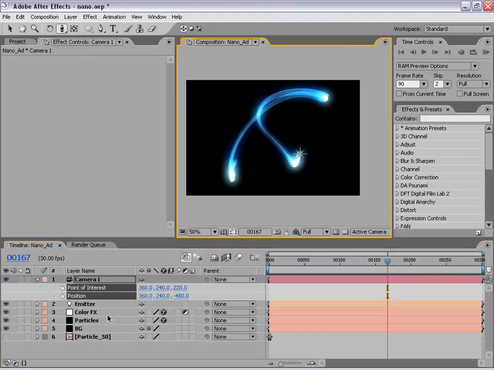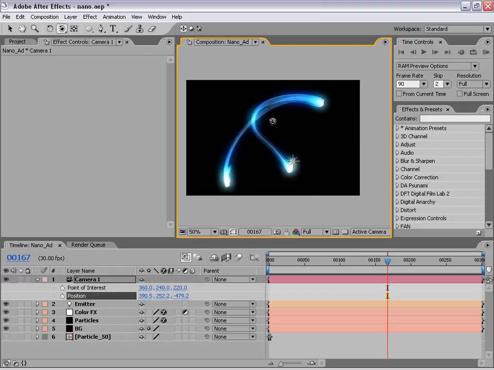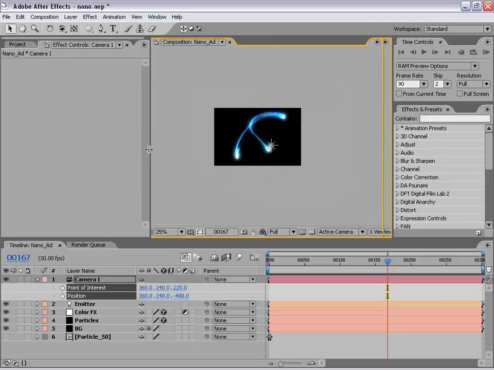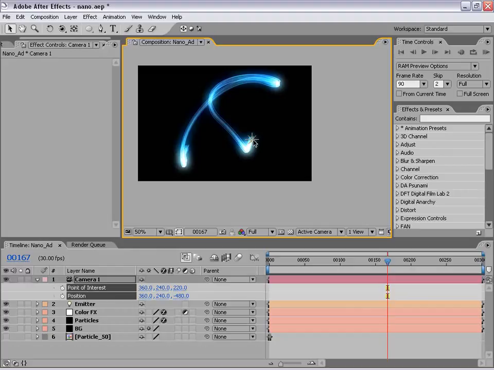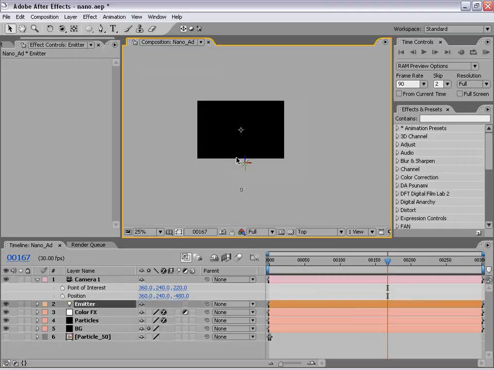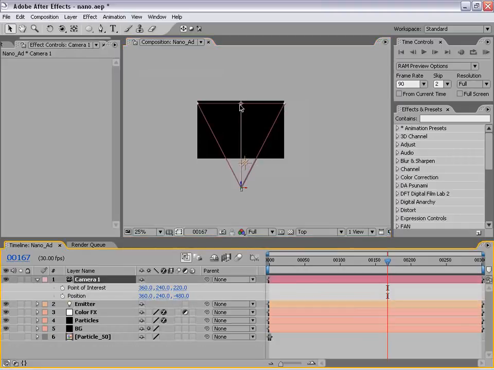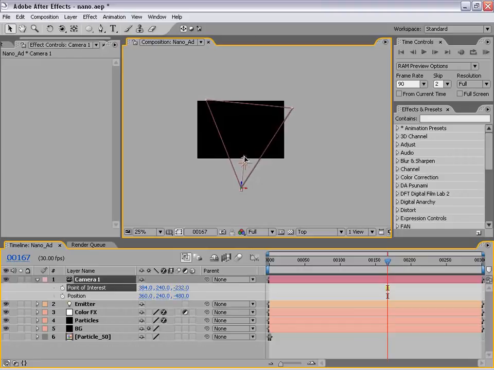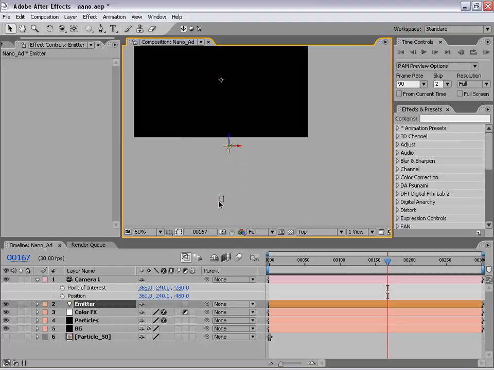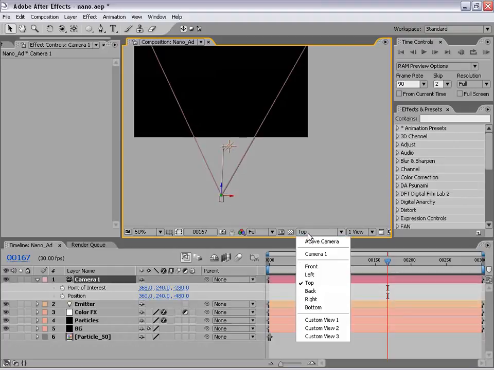And of course, since this is a 3D particle generator, all of this that we're seeing right now is all 3D. So I can orbit around it and all that stuff. However, we're in sort of a dilemma right now. We need to set the camera's point of interest at this light. So the good thing is the light is our reference point. So let's change our active camera to our top view, and let's select the camera, and let's bring our anchor point or position of interest closer to where our light is. And as you can see, the light is pretty close to it. So that should work, and I'm going to go back to my active camera,